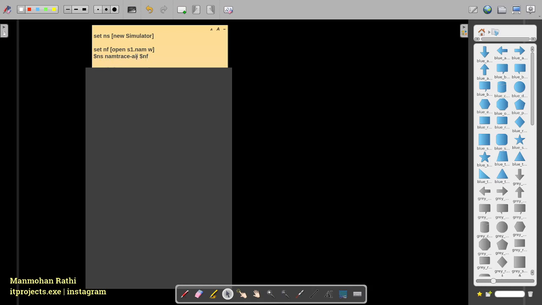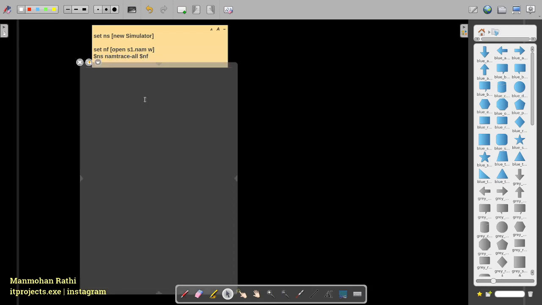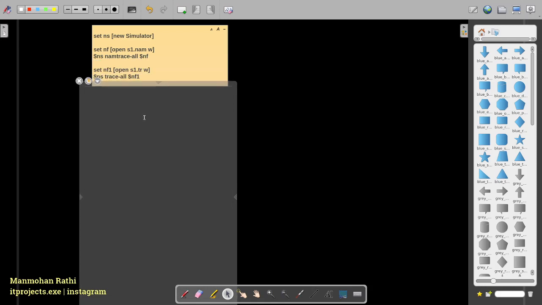What does that mean? ns is, as I said, the initialization of the network simulator, and nam trace all sets this file to dump all the data that will be created during the simulation, so it will be stored in this file. It is just telling the program that the nam trace data will be stored in that file. That's all.